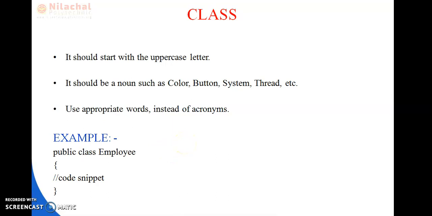While declaring a class, it should start with an uppercase letter, or you can write in lowercase letters also, but remember it is case sensitive. It should be a noun such as color, button, system, thread, etc. Use appropriate words instead of acronyms in the class name.